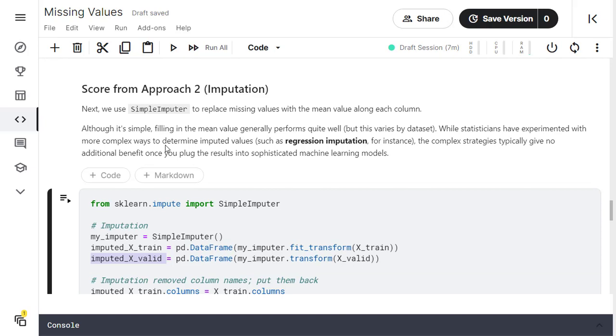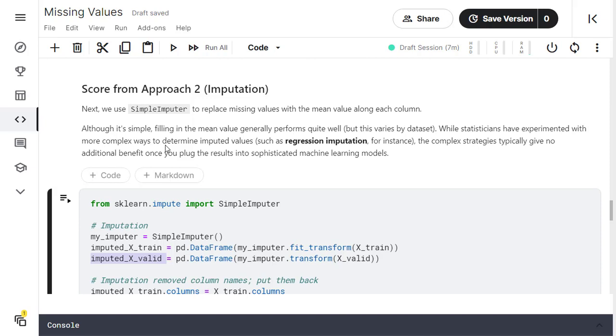Next we will use a simple imputer to replace the missing values with the mean value along each column. Although it is simple, filling in the mean value generally performs quite well, but this varies by dataset.